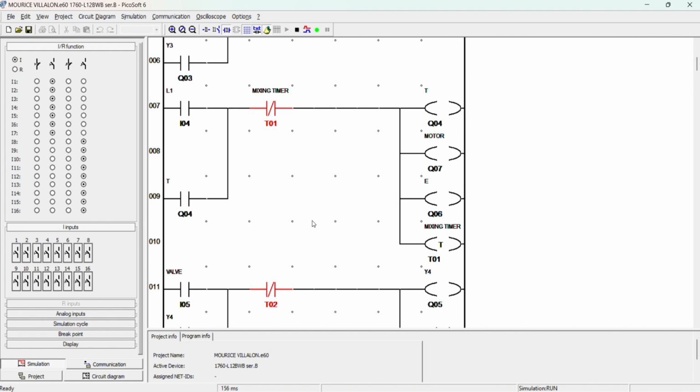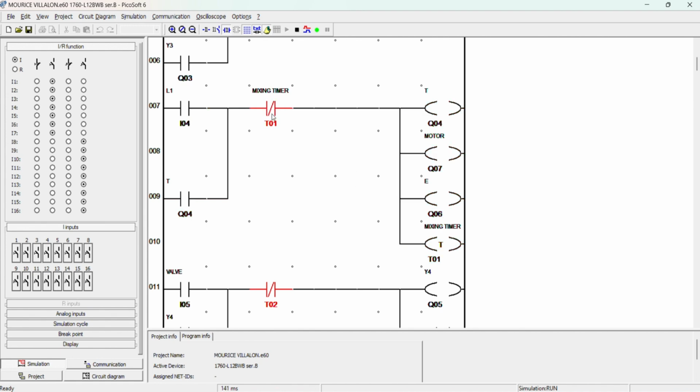And then let's view it again. This is the output to supply the temperature, the motor, and the electric cooker. This one is the trigger switch for the L1, the last level sensor. Let's view it. After 5 seconds, it will stop the supply.